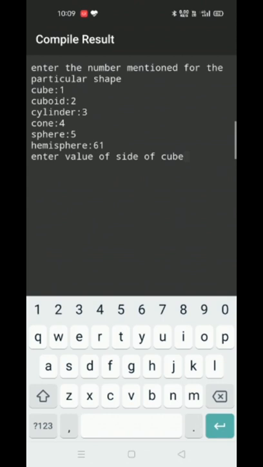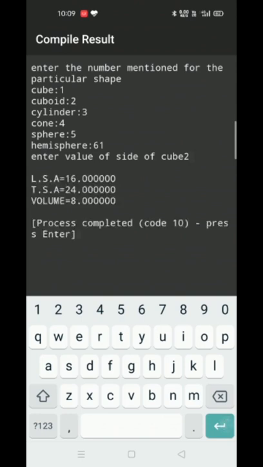Suppose I enter 2. We all know that 4 into 2 into 2 is 16 LSA, 6 into 2 into 2, which is 4 into 6, 24 TSA, and volume 2 into 2 into 2 is 8. Here as follows: 16, 24 and 8.